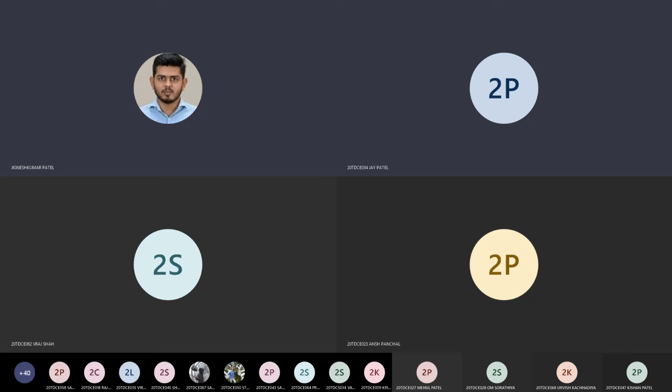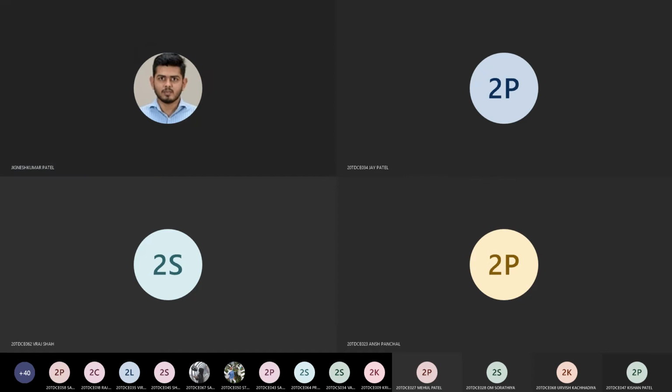Okay, correct. Can you give an example of how you can say there is a potential difference here? There is a wonderful real-time example related to this, or any other student can help him.